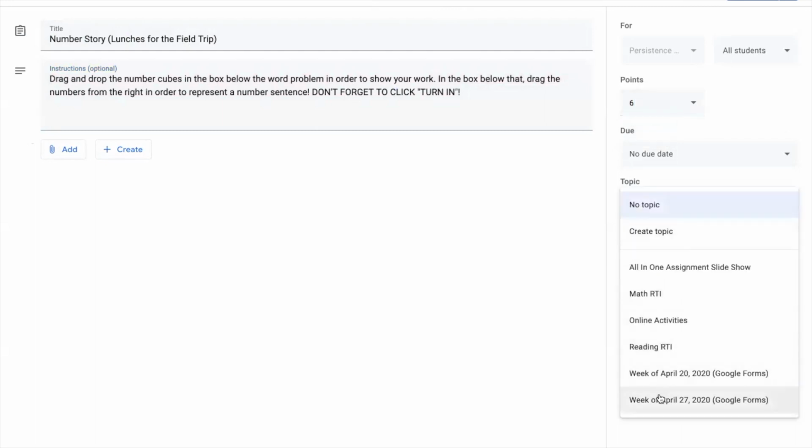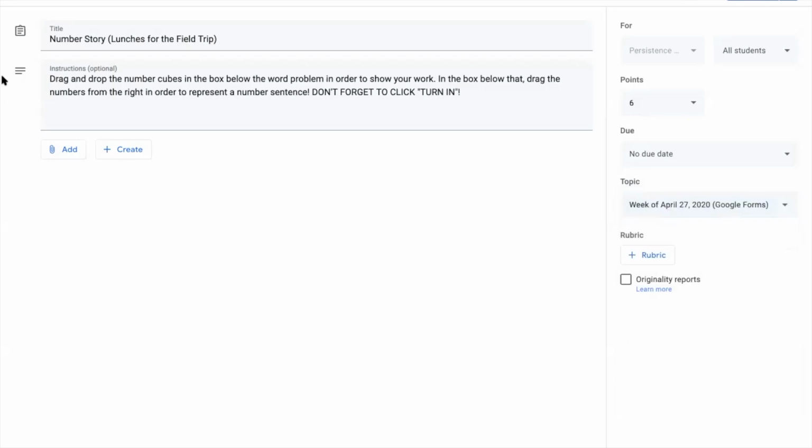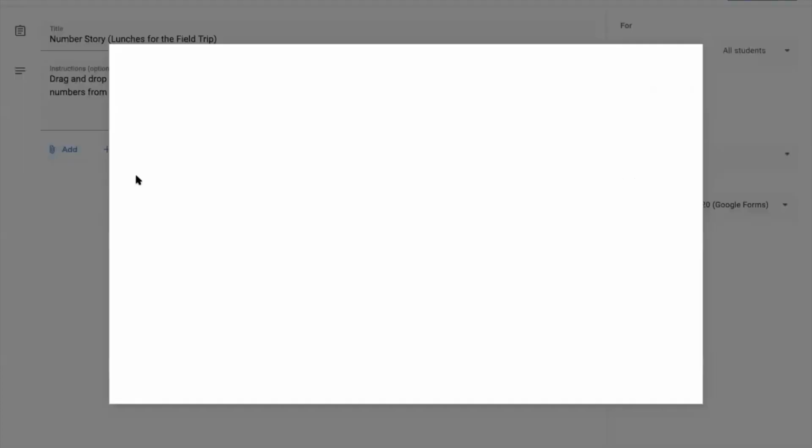Then I'm going to put it underneath the topic. We do it by week, so this will be for week of April 27th. If you want, you could place a rubric here, but I choose not to. And then in order to add the Google interactive slide that you have purchased or downloaded, you'll go to Add, click Google Drive,